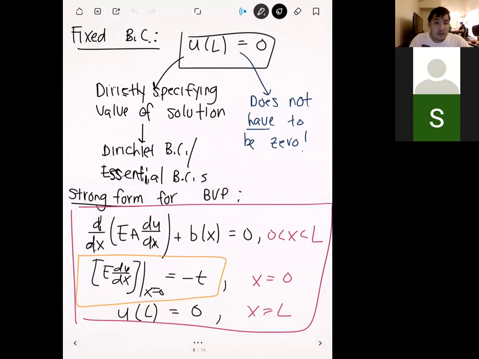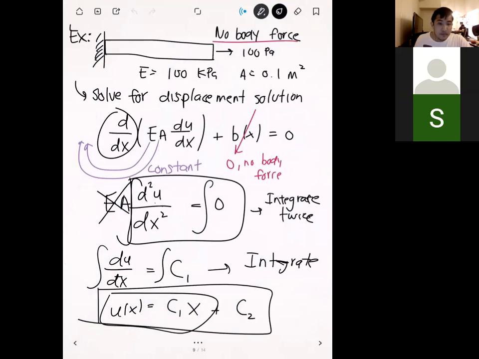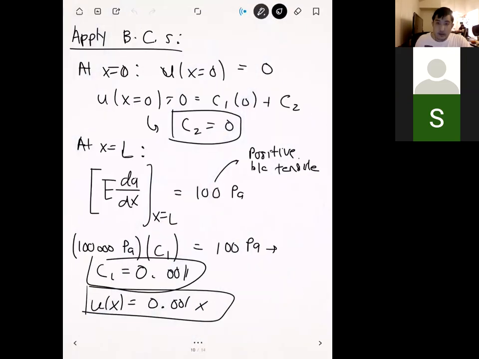For x equal to 0 and x equal to L, that's our boundary condition, that's right? Correct, yes. And could you go to the next page of your example? When we apply the boundary condition, I think that is the next page after this. When x equal to 0, u of x equal to 0. That's right? Yes. But on page 8, when x equal to L, the